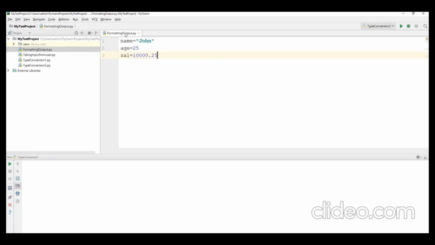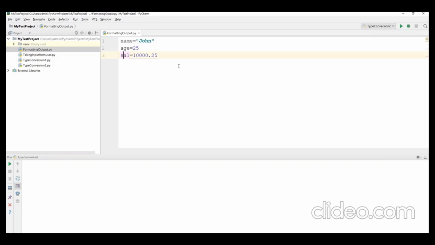So in Python, whichever value we have assigned to the variable, by default that will be considered as its data type. So when I initialize a string, this name variable will be considered a string type. When I store a number, that will be considered an int type. And when I store a decimal number, the variable by default will be considered a float type. Okay, so we don't need to specify the data type here in Python.